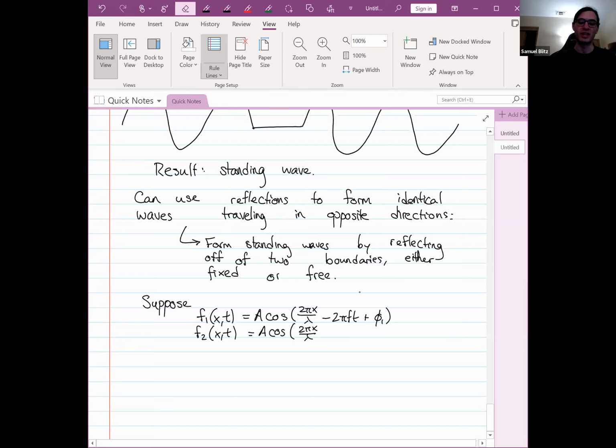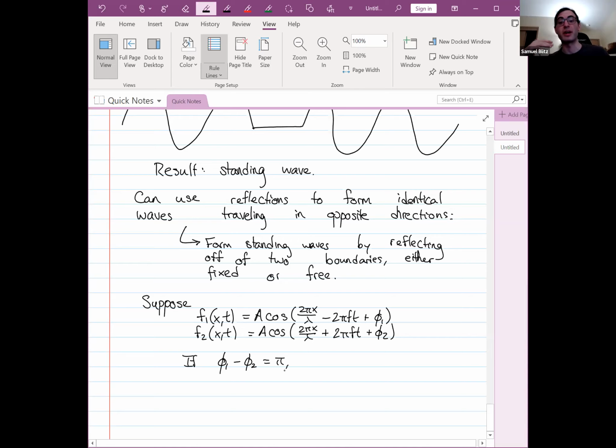Remember, this can be written as a function of x minus vt. You'd have to do some factorization to see that. And then the second one, f2 of x and t, is A cosine of 2 pi x over lambda plus 2 pi ft plus phi 2. Now, the important point here is that these waves are identical. They're just traveling in opposite directions, and those opposite directions are captured by the difference in signs there. So if it happens to be the case that phi 1 minus phi 2 is equal to pi, for example, if they were formed by an inversion,